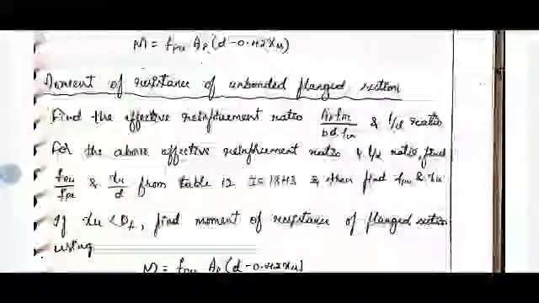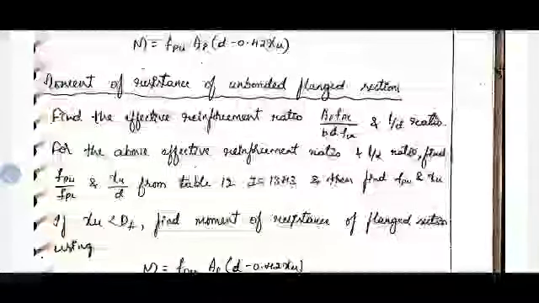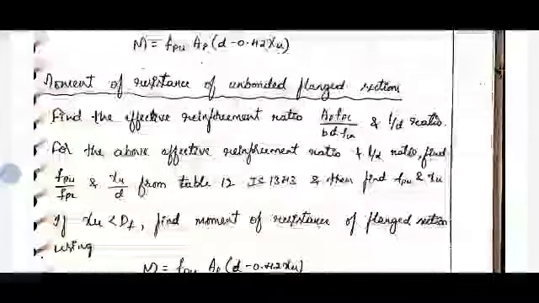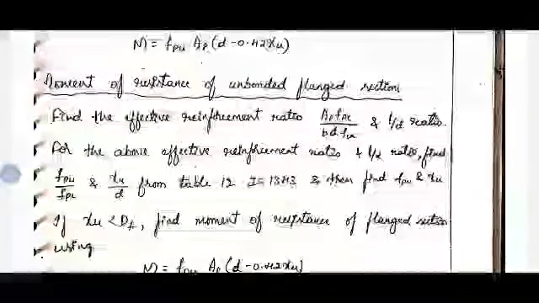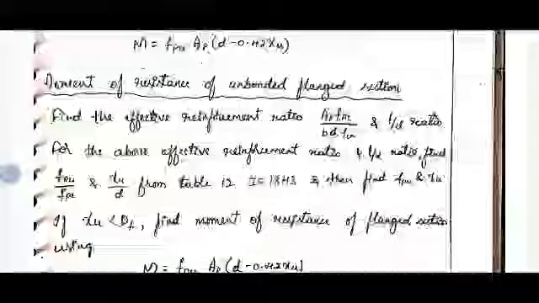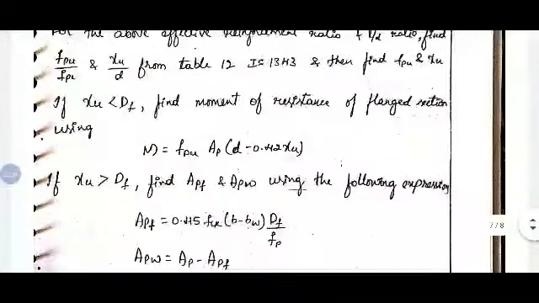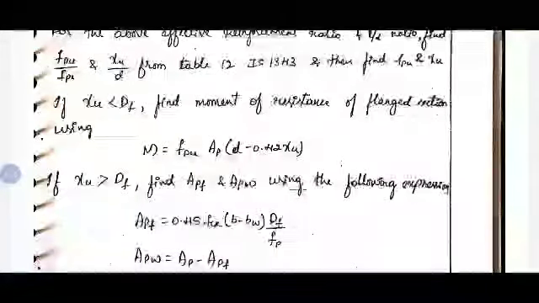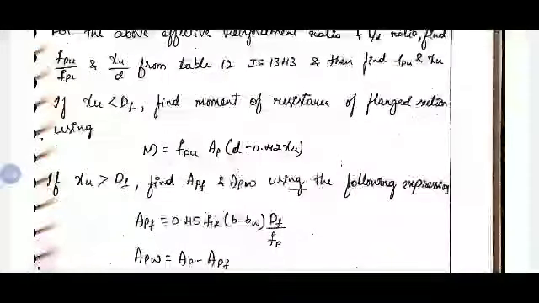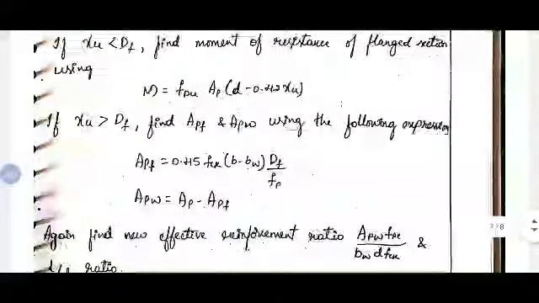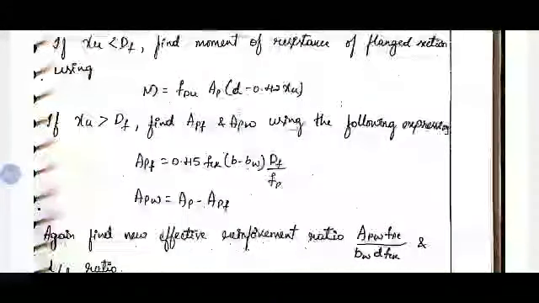If the section given is an unbonded flanged section, then first we need to check for depth. That is, first we need to find out the effective reinforcement ratio and L by D ratio. For the obtained effective reinforcement ratio and L by D ratio, we need to find out FPU and XU values. Then compare it with depth of flange. If the XU lies in the flange, directly we need to go for moment of resistance. If the XU is greater than DF, or the neutral axis lies in the web,